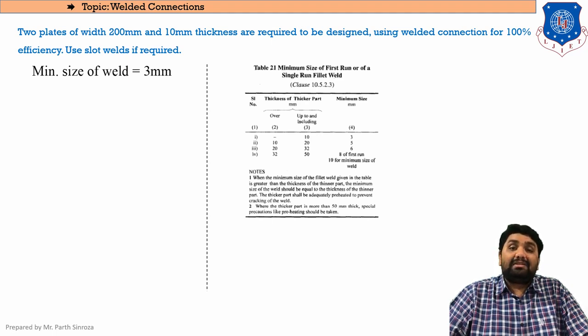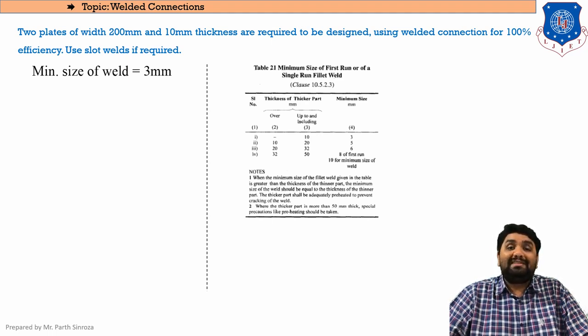In the second row you can see between 10 to 20. So if it is given in the question as 10 mm, always use the first row, that is minimum size to be 3 mm. Clear? So as per our table, the minimum size of weld to be applied is 3 mm.